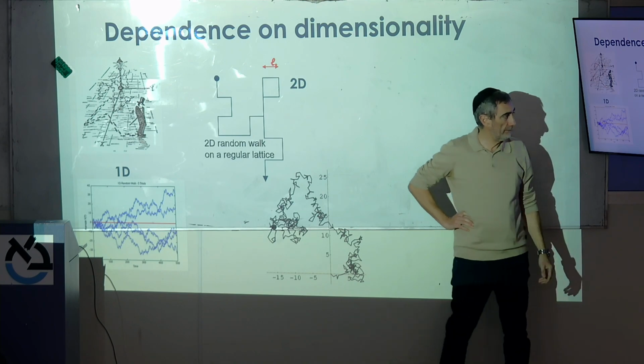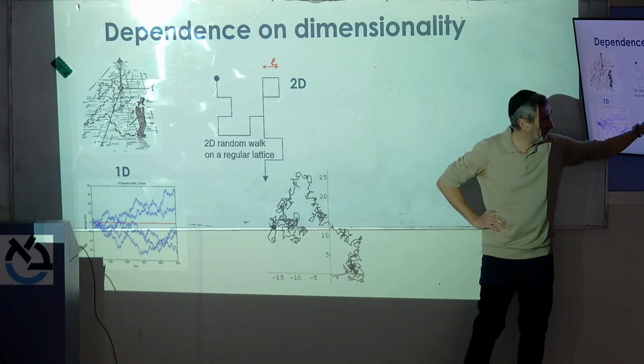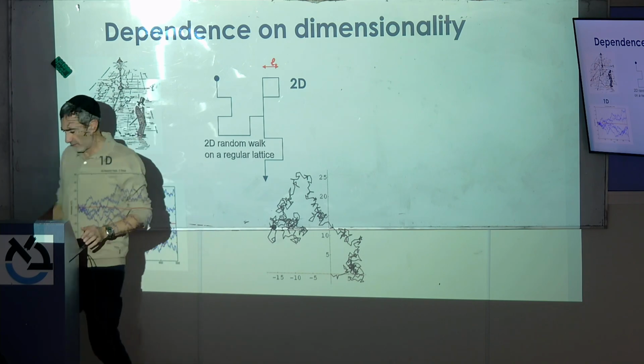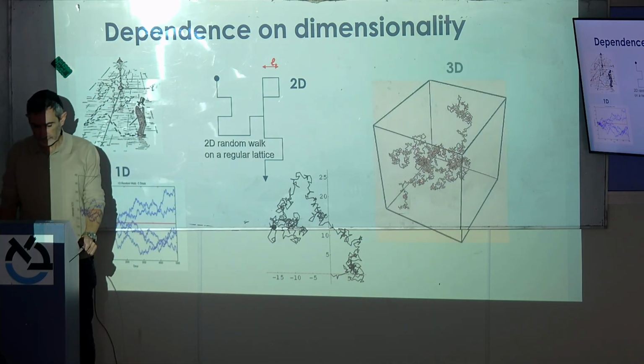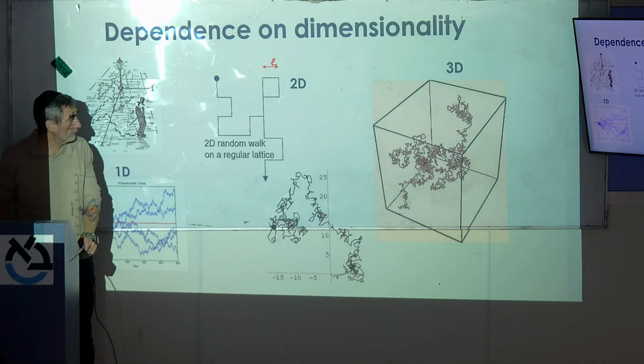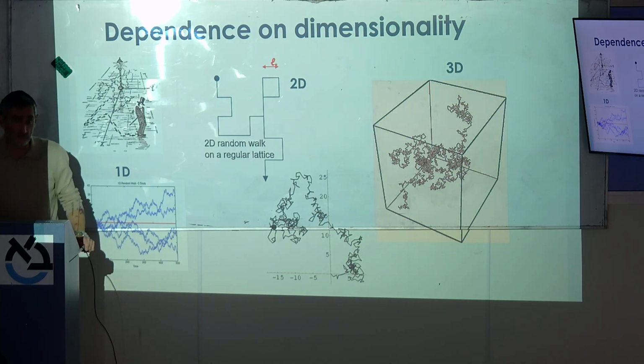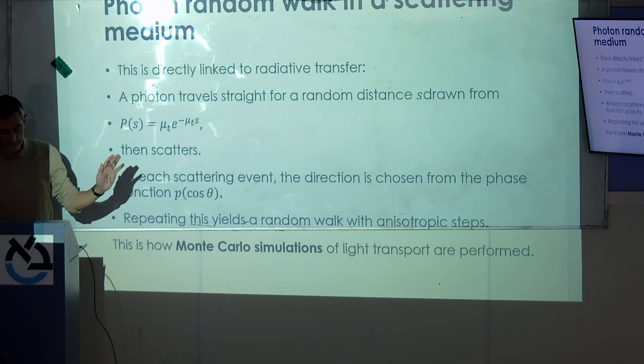So starting from this point, you can explore different regions, and there is a lot of mathematics around that. 3-dimensional random walk. So why do I show these different examples? Because 1D, 2D, and 3D can give different results. One important thing, so let me first introduce, before talking about